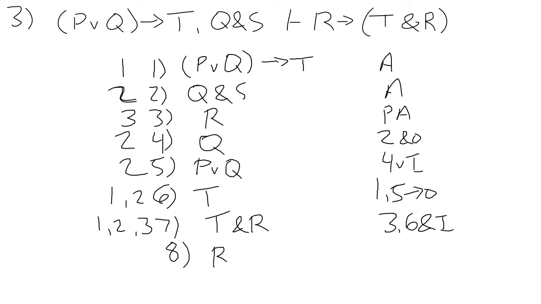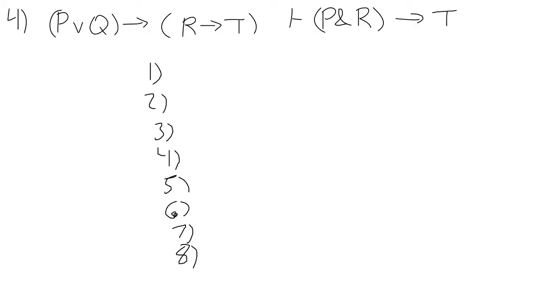Then we have our conditional statement to build using 3 as our PA, 7 as our consequent. We're doing arrow in, so it's 1, 2, and 3. We'll knock out the 3 because we did arrow in, and so that is problem 3. Moving on to problem 4, we've just got one premise here. In this problem, we have P or Q, arrow R, arrow T,